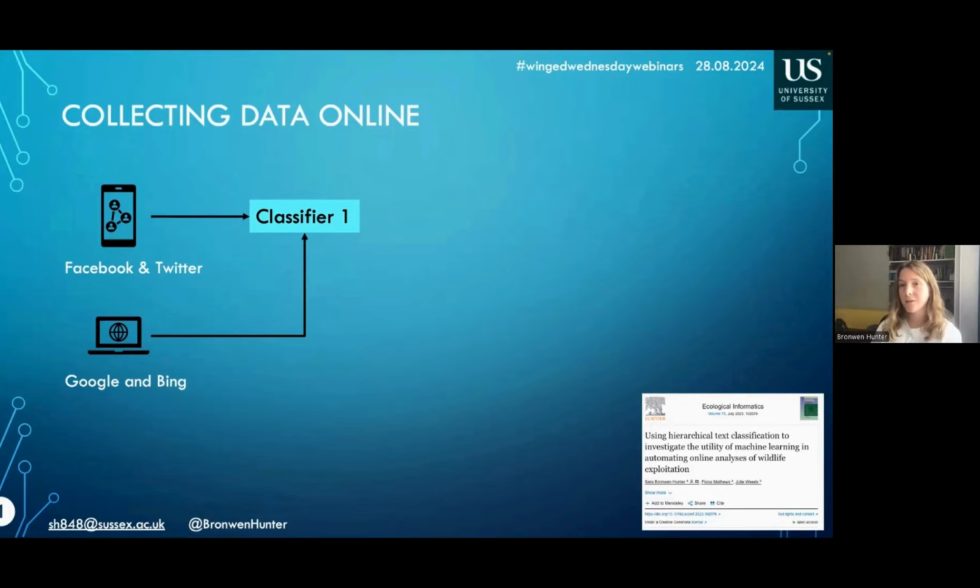And in this case, I used 3 classifiers put together in order to peel away layers, like the layers of an onion. At each stage, you get rid of the irrelevant sources, and gradually you get down to what you're really looking for. So the first classifier distinguished texts that were about bats in the animal sense versus any other sense of the word bat, like cricket bat or something like that.